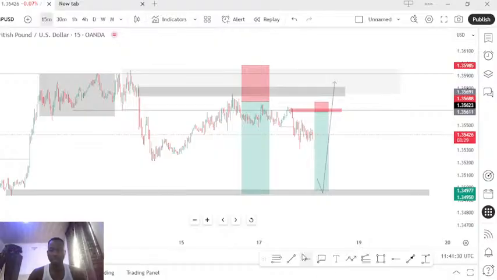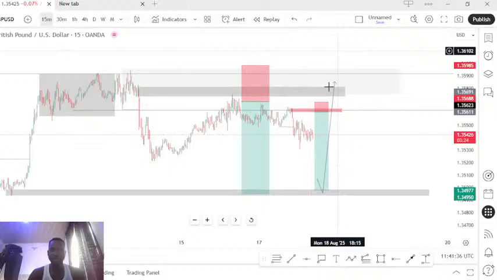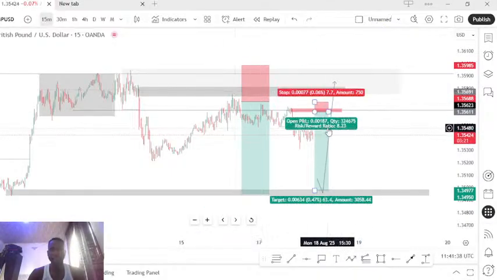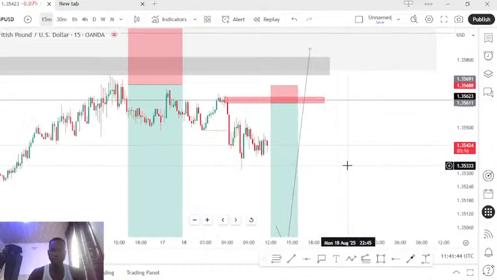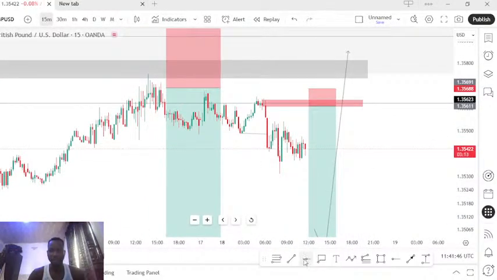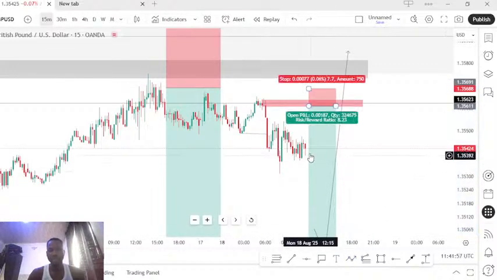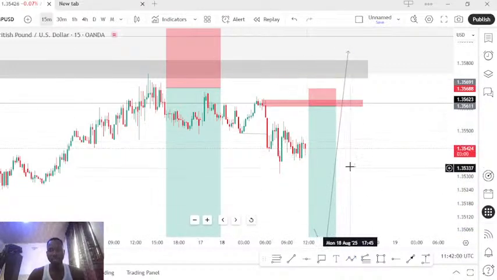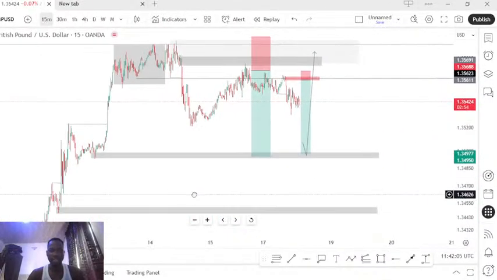So we are experiencing this move to the downside because price tapped into this level, and currently we've broken structure here, we've broken a structure here, and then we are currently looking at price retracing back up, and we execute our entry for a sell to the downside. So that's what we're looking out for. Peradventure, if price violates this support level,